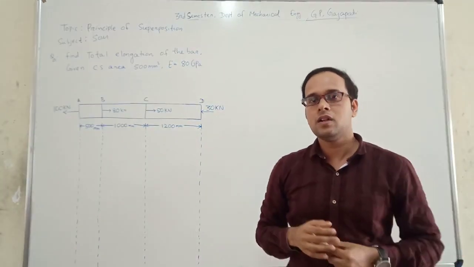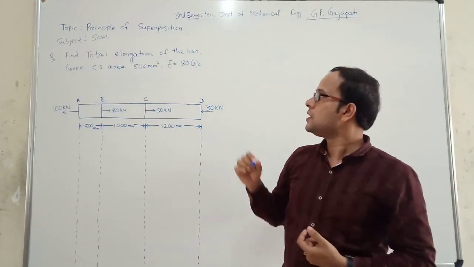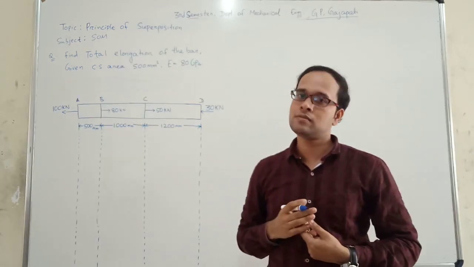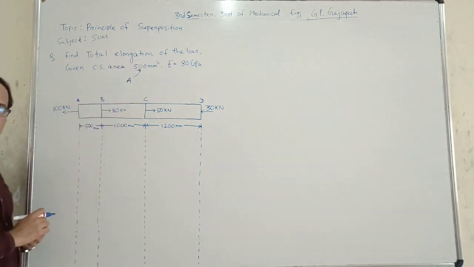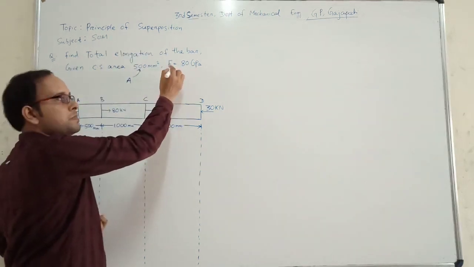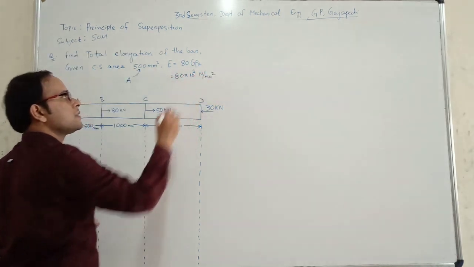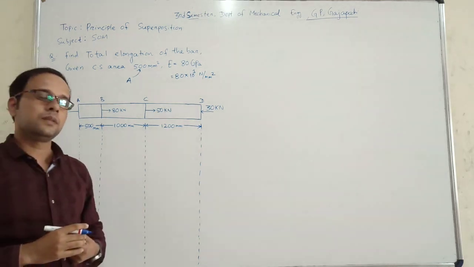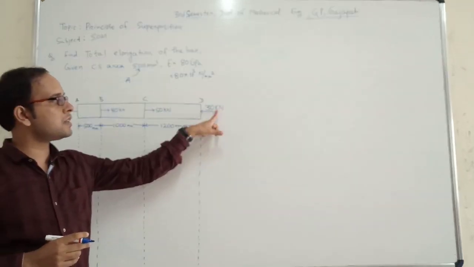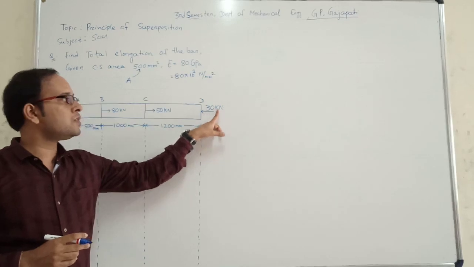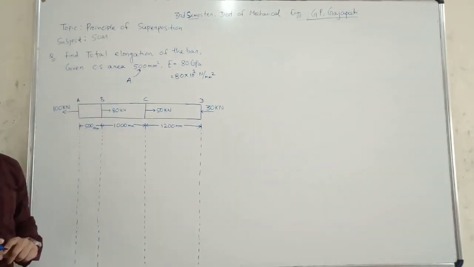Now we are going to find out the total elongation of this body whenever it is subjected to loads in this manner. Okay. So first of all we have to write down the given data. So what are the given data? Cross sectional area is given 500 millimeter square and Young's modulus is given 80 GPa. So convert that one to Newton per millimeter square. So 80 into 10 to the power 3 Newton per millimeter square. And the forces are given in terms of kilonewton. So while solving, we will convert that kilo to Newton. That means 30 into 10 to the power 3 Newton, 50 into 10 to the power 3 Newton. Similarly, 80 and 100. Okay.